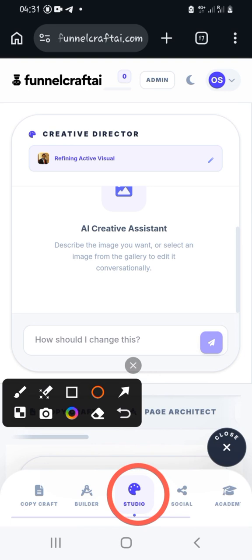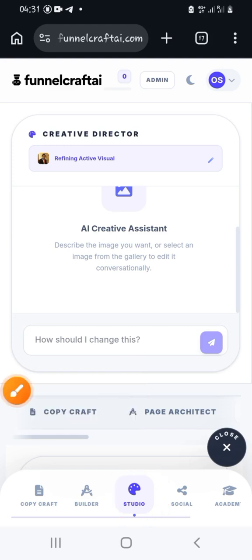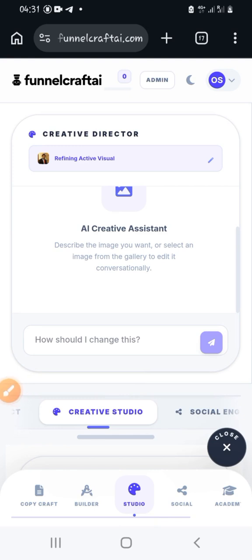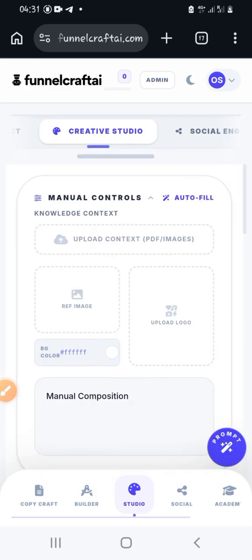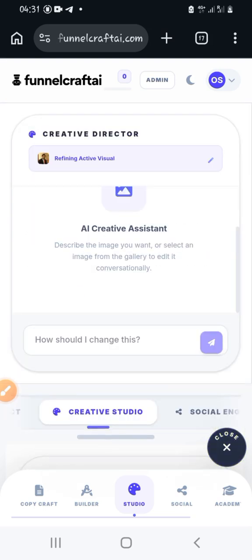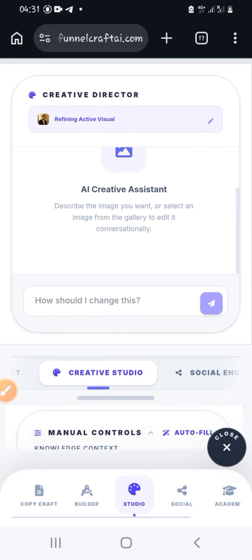Studio is the same thing as Image Studio, Creative Studio. As you can see right here, Creative Studio, but on mobile it shows like this to maximize space. Once you're on the Creative Studio, by clicking this studio icon on mobile, simply click on this close icon. This close icon is to help you